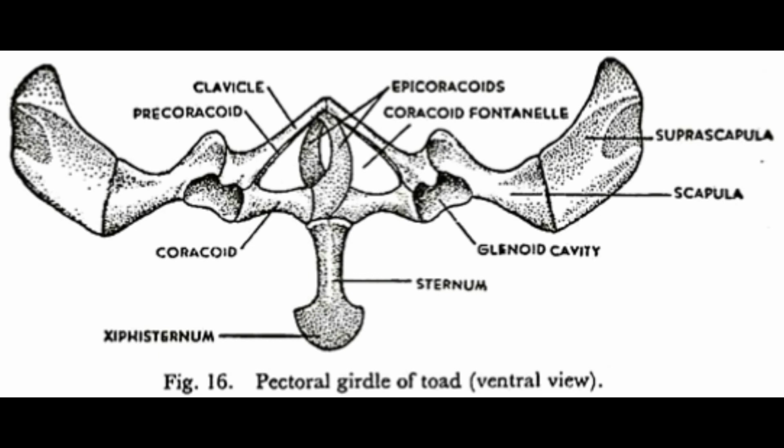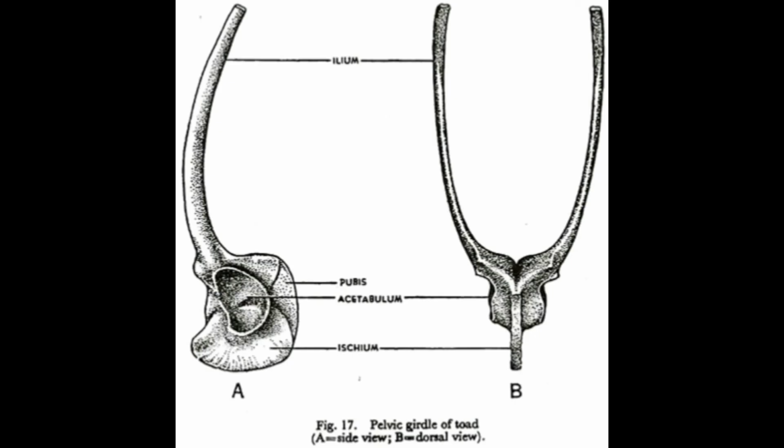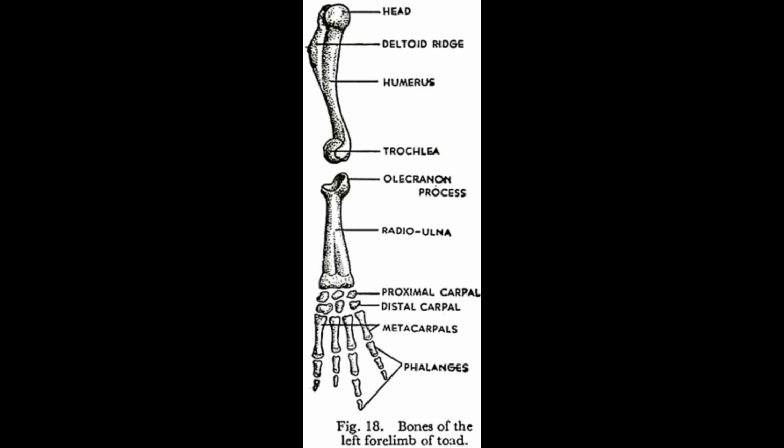sternum. The pelvic girdle is composed of the ilium, pubis, acetabulum, and ischium. The forelimbs are composed of the head, deltoid ridge, humerus, trochlea, olecranon process, radioulna, proximal carpal, distal carpal, metacarpals, and